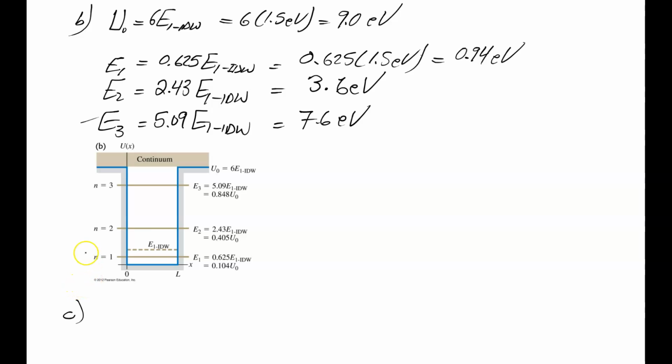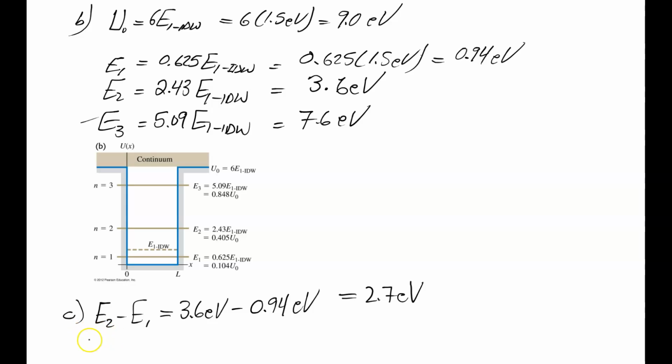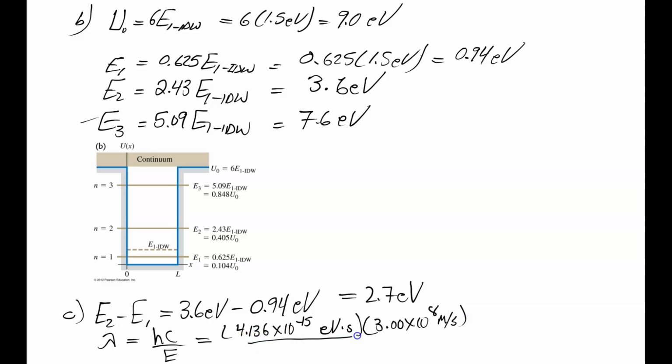For part C, photon energy for n equals 2 and n equals 1. So E2 minus E1 is going to equal 3.6 electron volts minus 0.94 electron volts, which is 2.7 electron volts. And that corresponds to a wavelength of hc over E, 4.136 times 10 to the negative 15 electron volt seconds times the speed of light, all over the energy of 2.7 electron volts, which gives us a wavelength of about